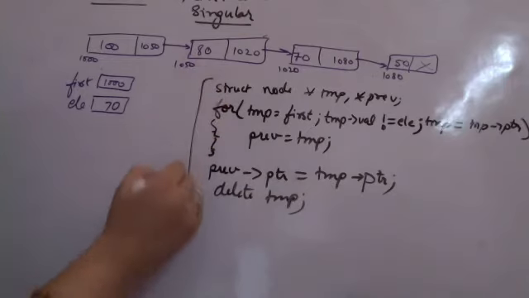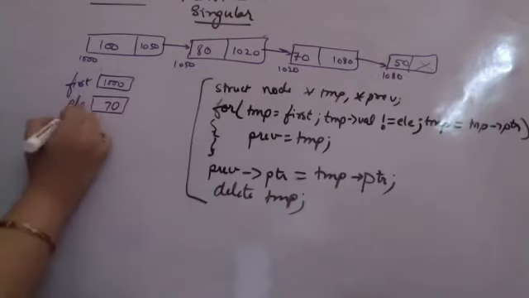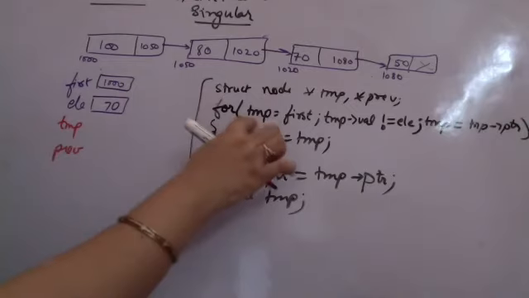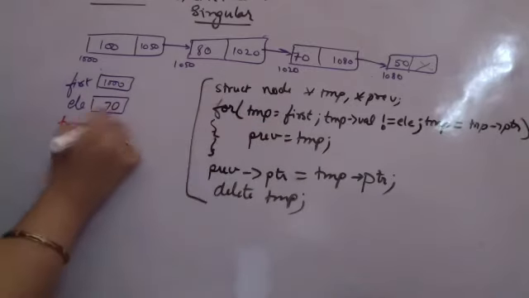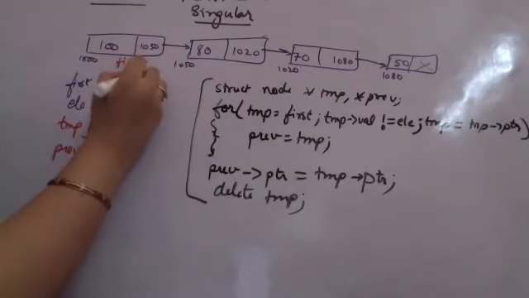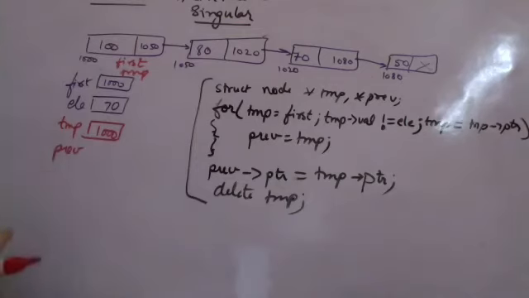This is the code for deleting a particular element. Now let us see how it works. Let us try to dry run this one now. Initially I have a temp and I have a previous. First we did temp is equal to first. Temp is equal to first means this is my first. This becomes temp. So temp also has the address value 1000 of the first node, right?